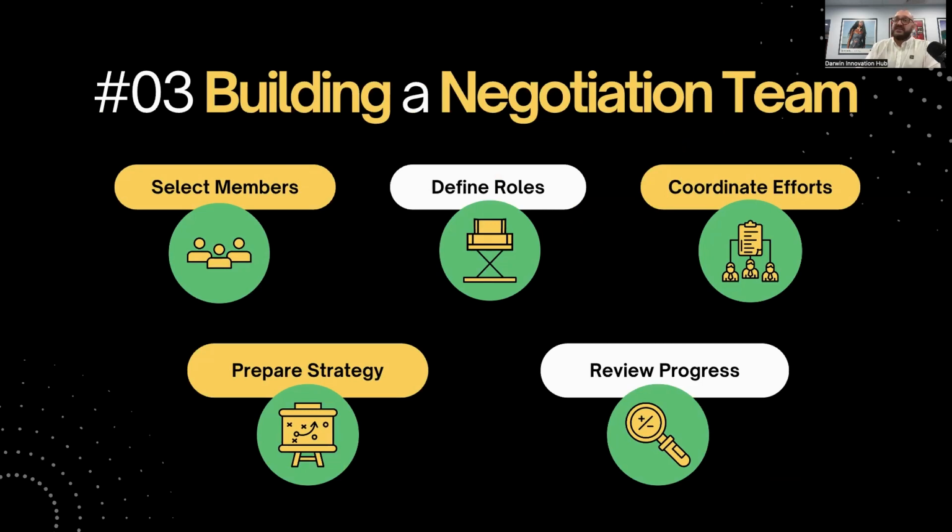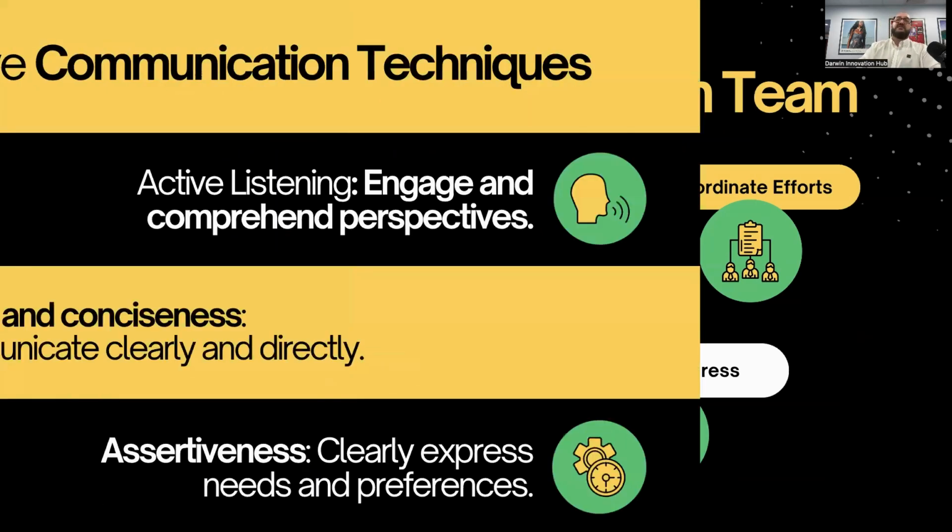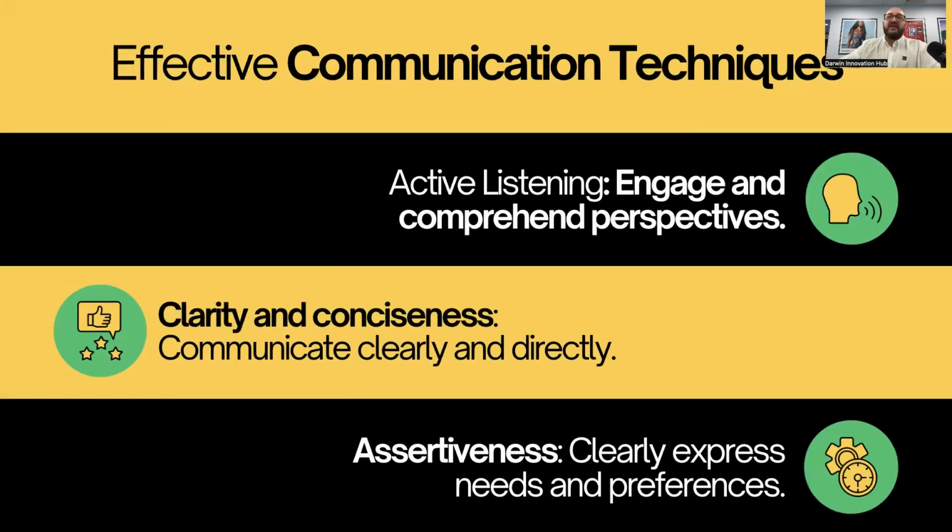Build a negotiation team, select some members, define their roles, coordinate those efforts, prepare the strategy, review the process. If you want to effectively communicate, do things like active listening and make sure that you are not just sitting in a room, but you're actually taking all that in. For all negotiations, I use a thing called Limitless AI, a recording app on my phone that doesn't record voices, but it transcribes. Because I can drift off a little, to be honest, when there's a lot of technical talk and a lot of financial talk. So when that happens, I've got my notes ready to go on my phone that I can refer back to at any time on any device.